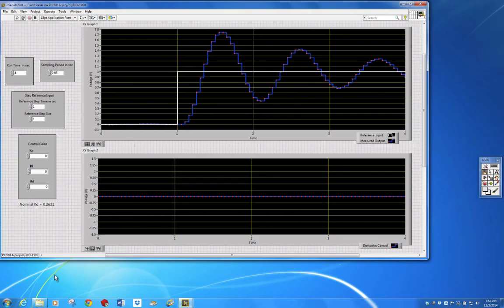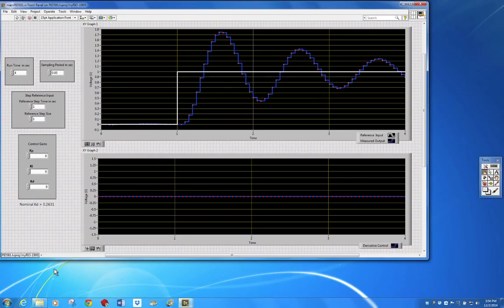So now that you've seen the open loop response of this analog plant to a step input, I want to add just derivative feedback to show you that indeed we can add damping to this lightly damped vibration mode. I did offline a continuous time root locus for this analog plant. And from that, I concluded that if we were doing a continuous time derivative controller, a gain of, it turns out, 0.2631 would give rise to a closed loop system having a damping ratio of 90% as opposed to